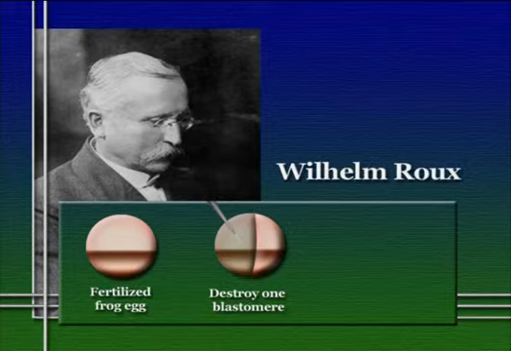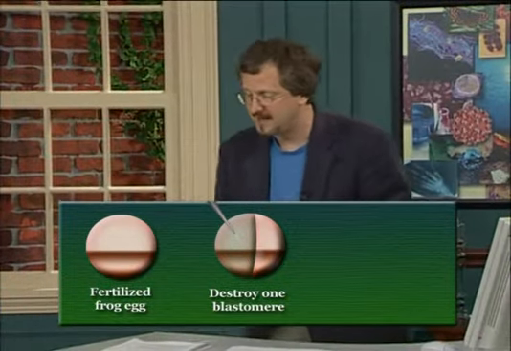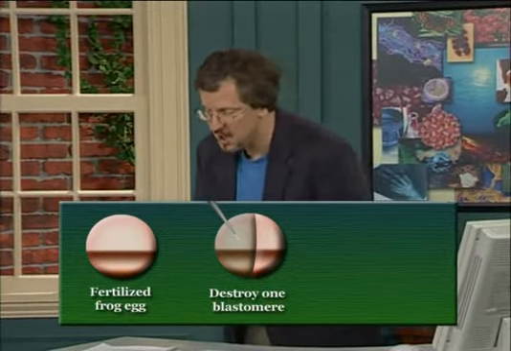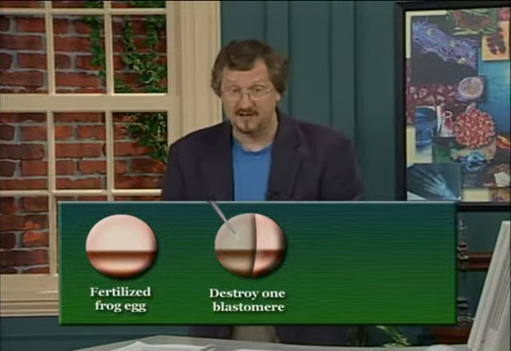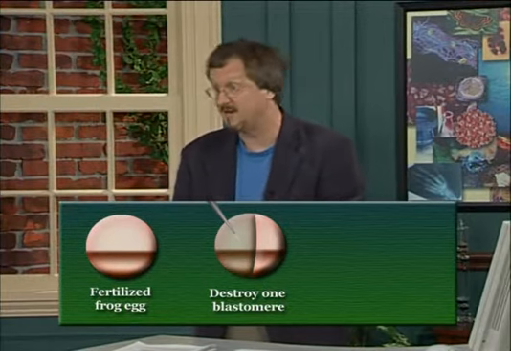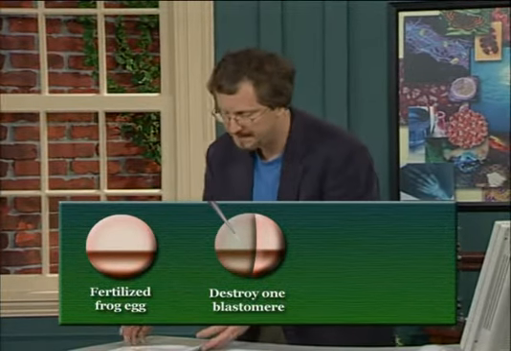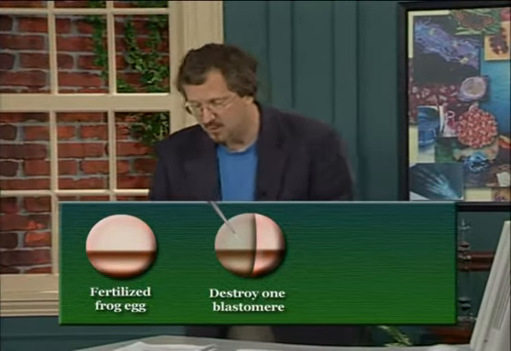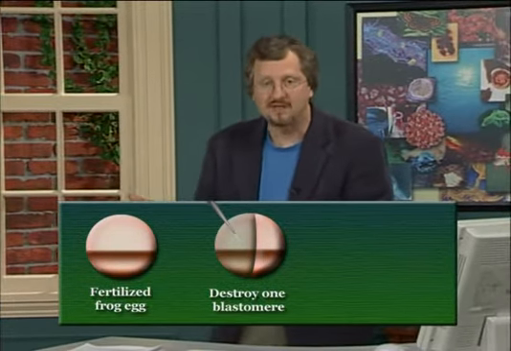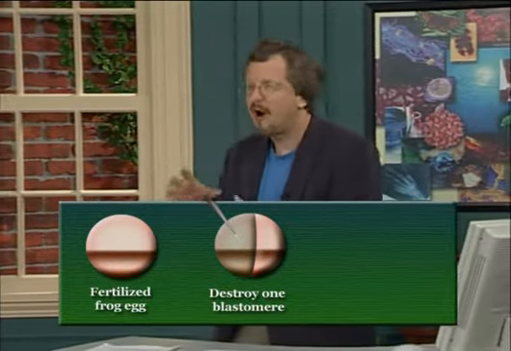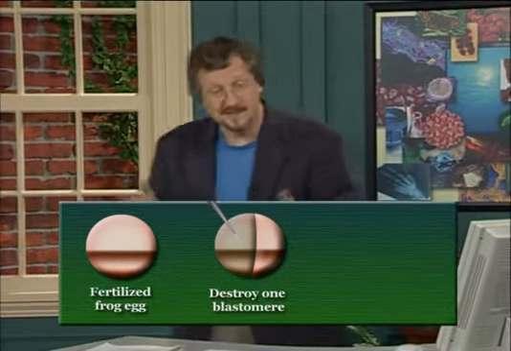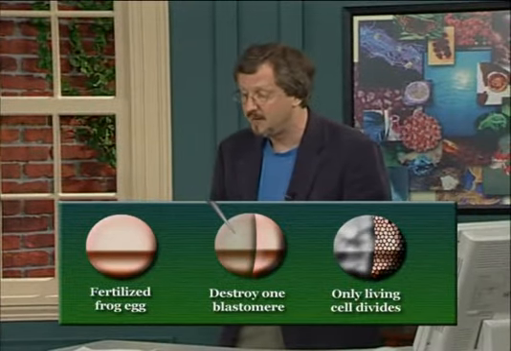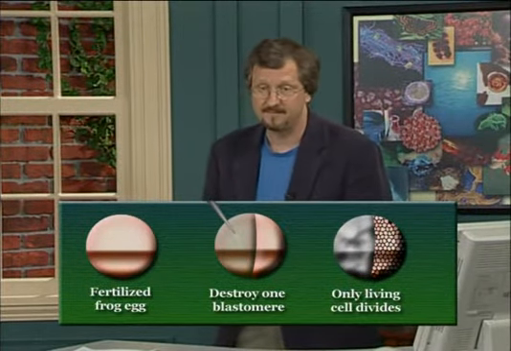Now, if Weismann's germ plasm theory was correct, then you'd expect that the two cells following this first division would each only have some subset of the entire germ plasm, some subset of the determinants, maybe half each. Therefore, you'd expect that the single cell remaining after you killed one would be unable to develop into a complete frog. It would develop into some sort of partial frog or half frog. This is exactly what Roux observed. So it appeared at the time that Weismann's theory was correct.